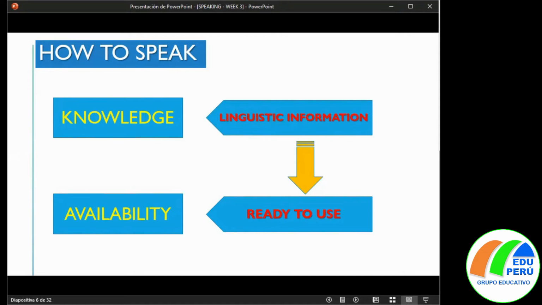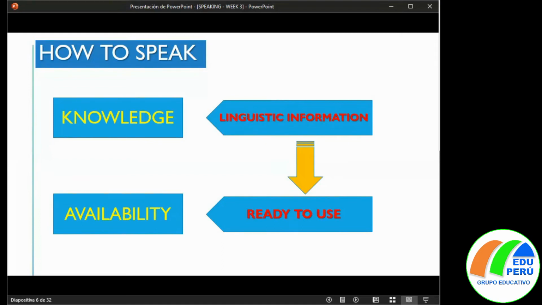So it means that he has the knowledge. But what happened to Tarzan? He wasn't ready to use it. Alright? He wasn't ready to use it. Here we have a lot of factors, no? A lot of factors. Sometimes most of these factors are